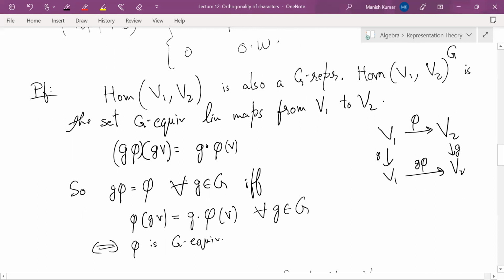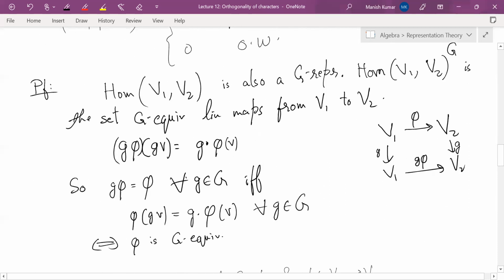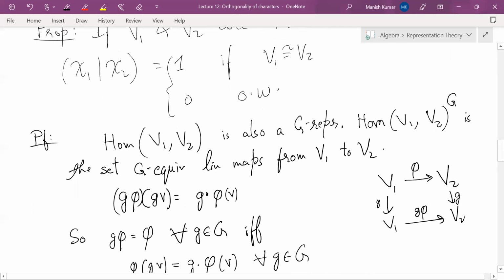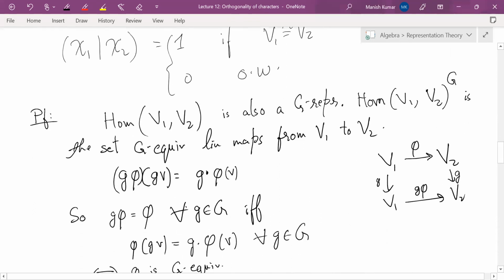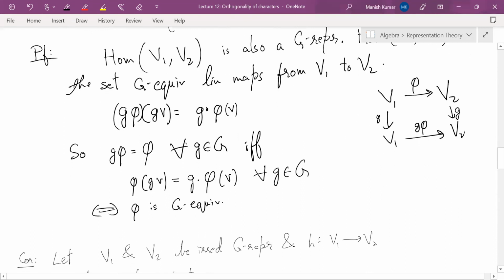So now you just apply what we did. So now if V1 and V2 are irreducible representations, then they are the same, then the number of